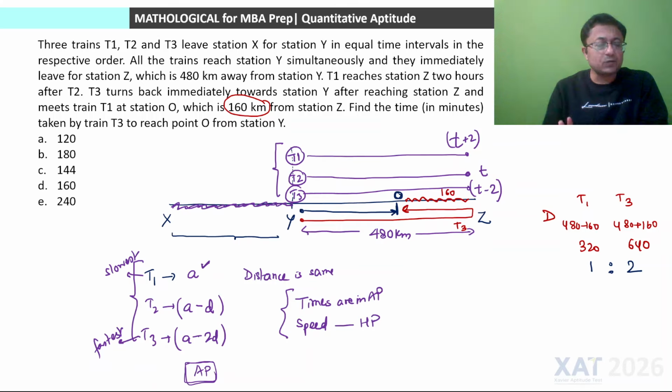Distances traveled are in the ratio 1:2. अगर डिस्टेंस का रेशियो है 1:2 तो स्पीड का रेशियो क्या होगा, 2:1 होगा. एक सेकेंड, स्पीड का रेशियो कहाँ से आ गया? डिस्टेंस ट्रेवल का रेशियो है 1:2।